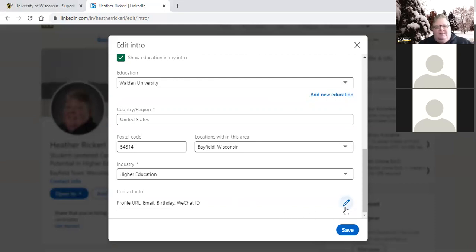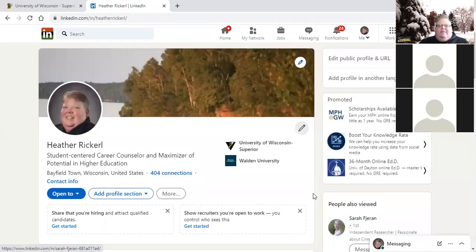For contact info here, you can decide what you want to put in here, but you've got to keep it updated. For instance, if you put something like contact me through my blog, but you haven't updated your blog in five years, that's not a great idea. Really think carefully about if you want to put your email or your phone number in this section. Keep in mind when you have a LinkedIn profile, people can message you via LinkedIn, just like they can message you on Twitter, Instagram, Facebook, all of those. So just really take some time and think about that. And then, of course, you want to hit the save button, and it takes you right back